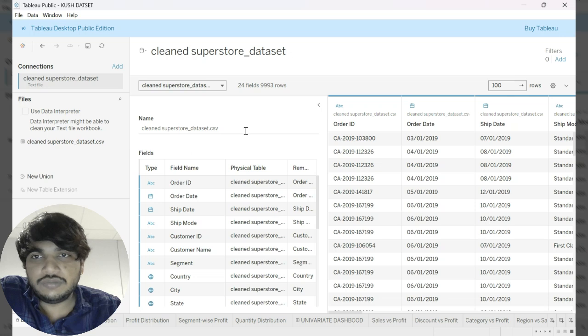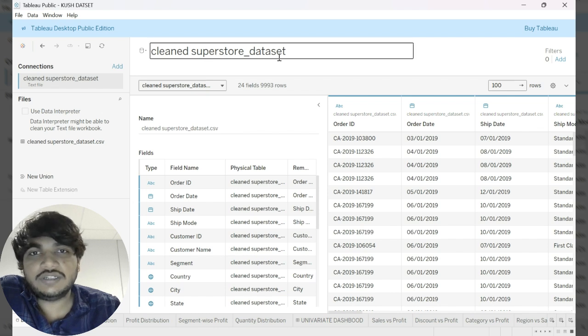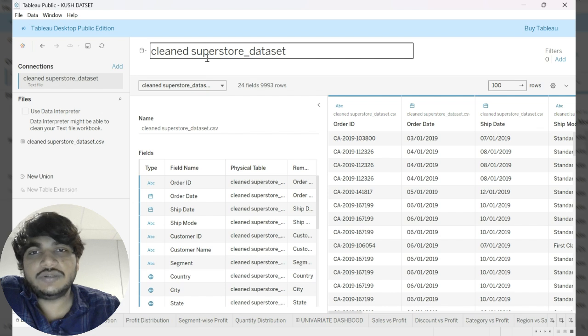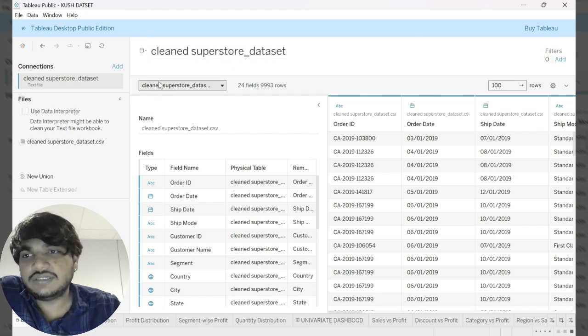First of all, we open Tableau and select the text file and select the data which can be performed. Here I select the clean superstore data. Originally our faculty gave a superstore data set from 2019 to 2022, and I already cleaned this data set in an Excel sheet. That's why I gave it the name clean superstore data set, and I select this data set and